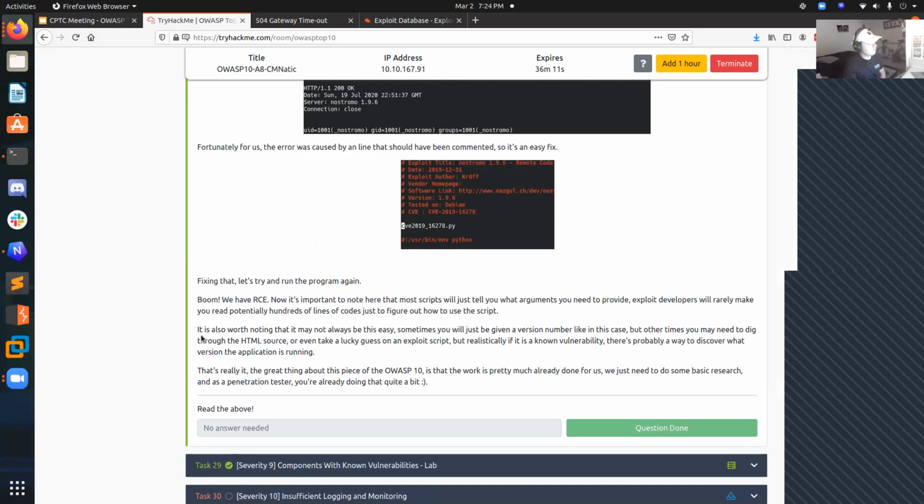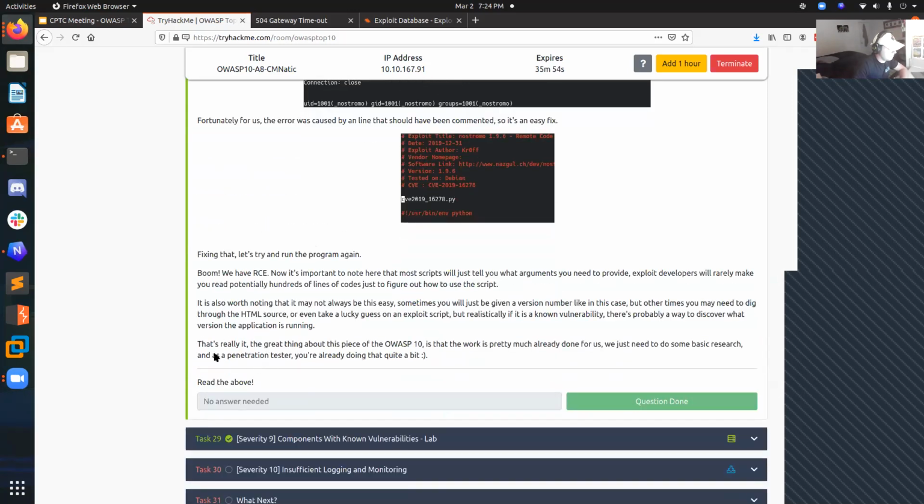Yeah, so it's also worth noting that it may not always be this easy. Sometimes you'll just be given a version number, like in this case, but other times you may need to dig through the HTML source or even take a lucky guess on an exploit script. But realistically, if it is a known vulnerability, there's probably a way to discover what version the application is running. And that's really it when it comes to what this vulnerability does. So let's go ahead and